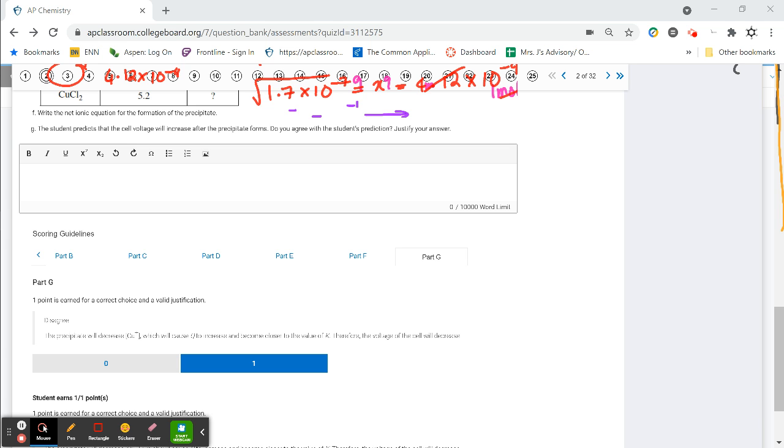Disagree. The precipitate will decrease copper plus, which will cause Q to increase and become closer to the value of K. Therefore, the voltage of the cell will actually decrease. Now, this is enough for this particular question. However, for this particular question,